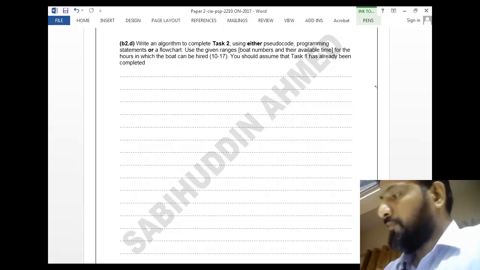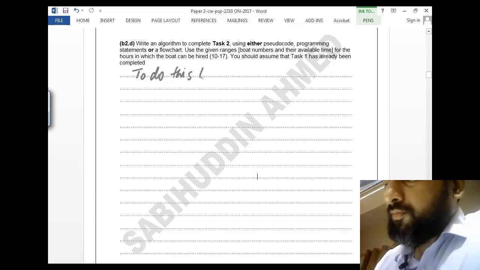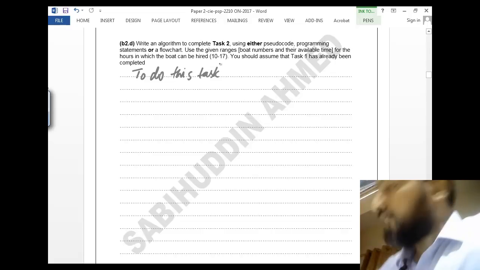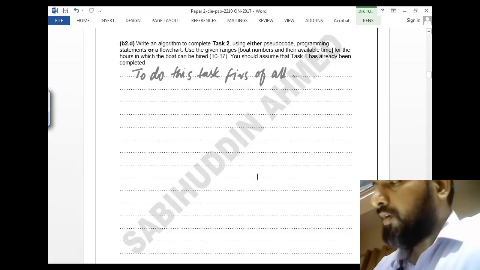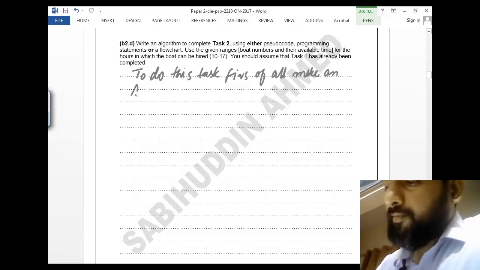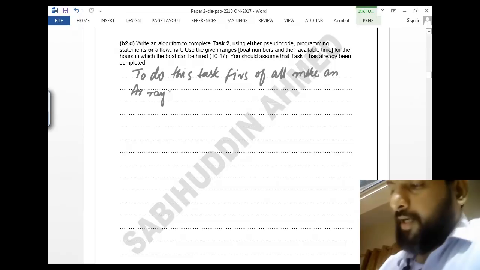First of all, to do this task, first of all make an array, right, of 10 elements and